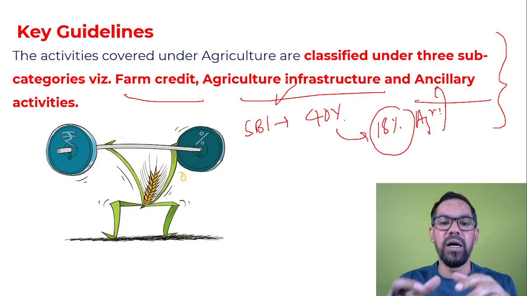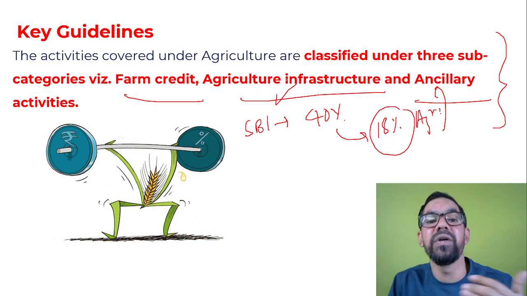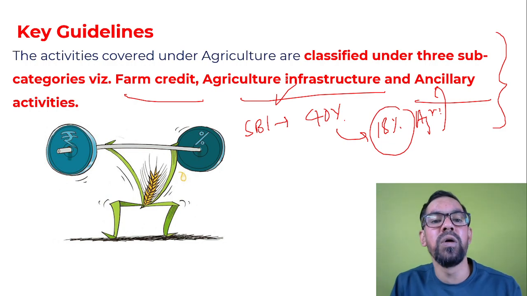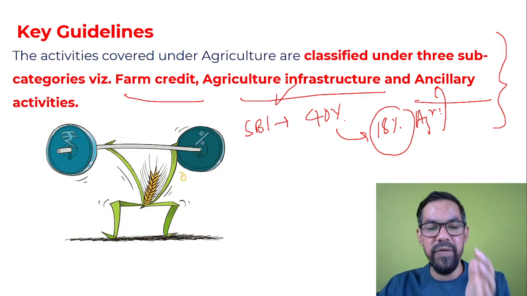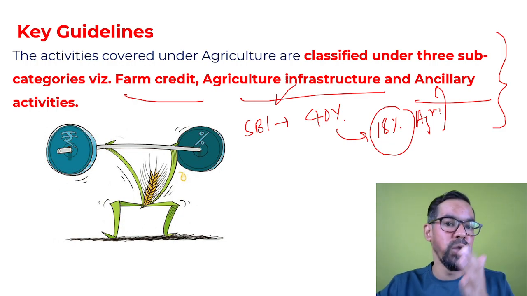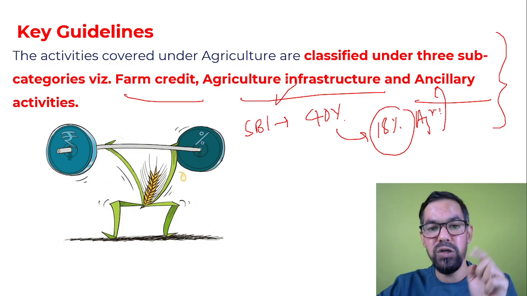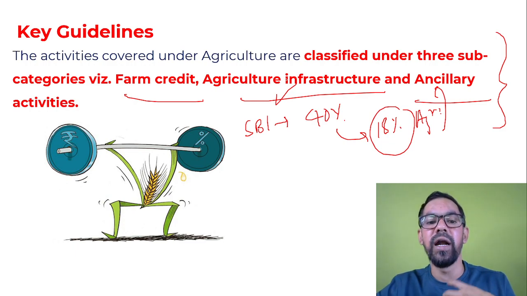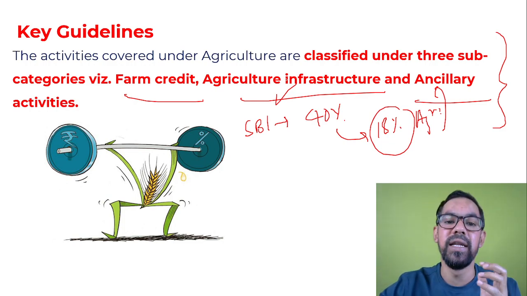Ancillary activities, or allied activities, are activities linked with agriculture, like animal husbandry loans or poultry farms. This generally comes under ancillary activities. Every bank in India has to lend a certain percentage of their ANBC to the priority sector, and out of that, 18% for agriculture. Agriculture is further categorized into three parts. Agriculture credit generally includes farm credit, agriculture infrastructure and ancillary activities.